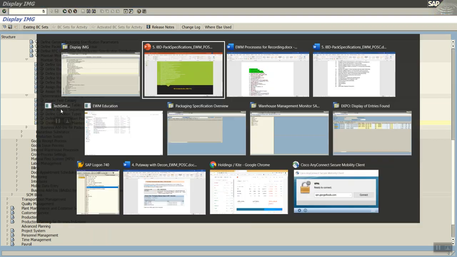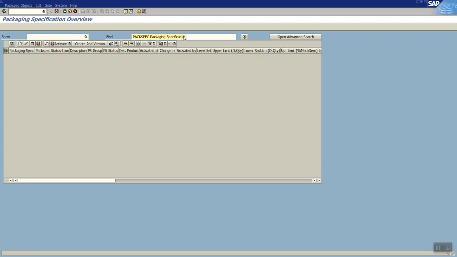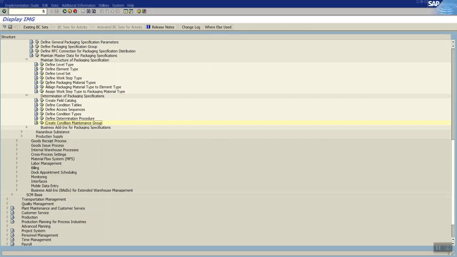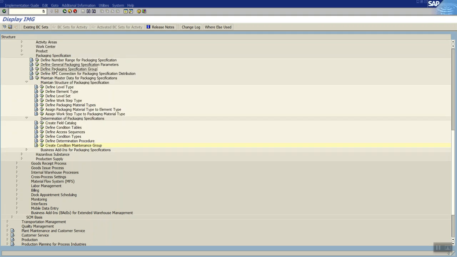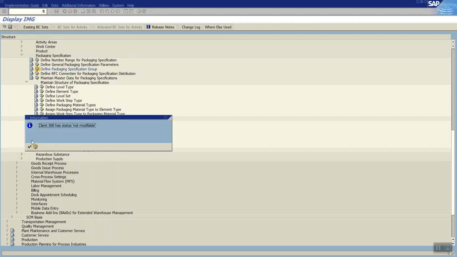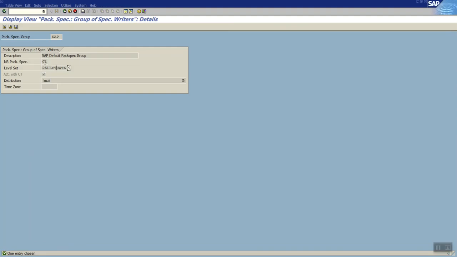So that is the configuration point of view. Now let's go into the master data. So my product again, we are using this product, and we will see what packaging specifications are maintained and how. EWM S4-P1 is my product, and as we have seen in the configuration, our packaging specification group SAP decides what my level type is and what number range is to be determined.